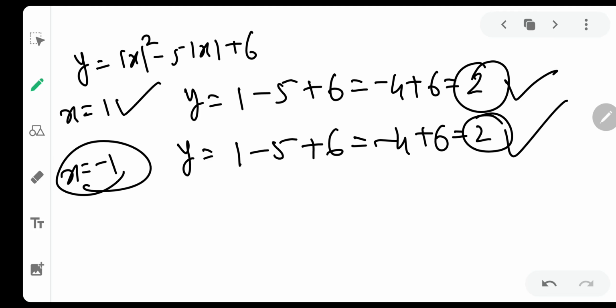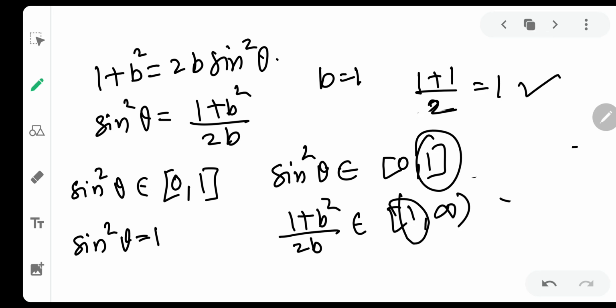Why? Because to the right hand side of the y-axis all x positive values are there, and to the left hand side of the y-axis all x negative values are there. So we will plot only the first half and the next half, that is the left half, we will copy. Very simple. So I will give you the trick now that you have understood the concept.